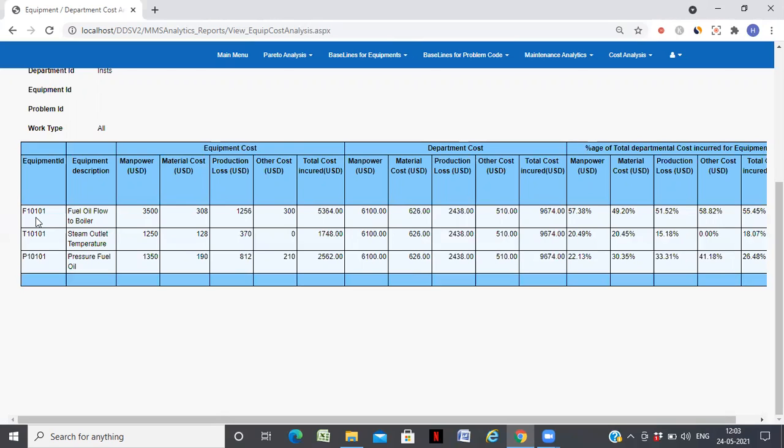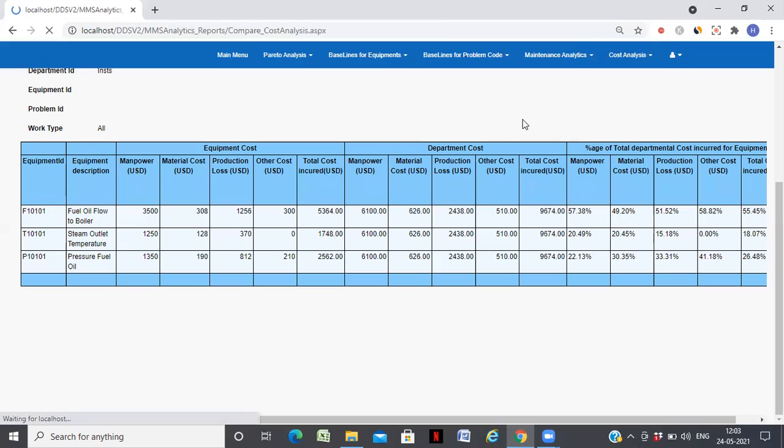So what should I do to address this? Do we need to train people on maintenance, or what is required here? I think we need to analyze. Similarly, material cost is also more for this, spare part cost is also more for this, and production loss is also high. So what should we do to ensure the overall parameters are proper?